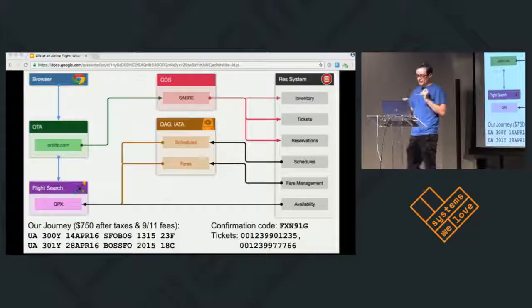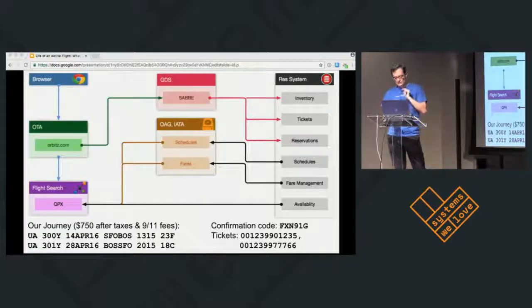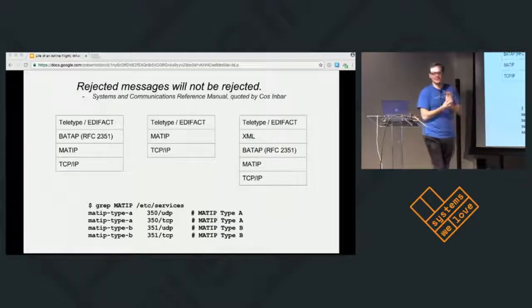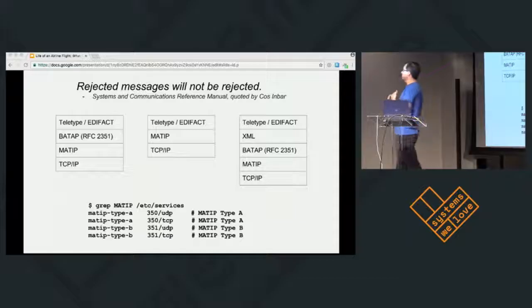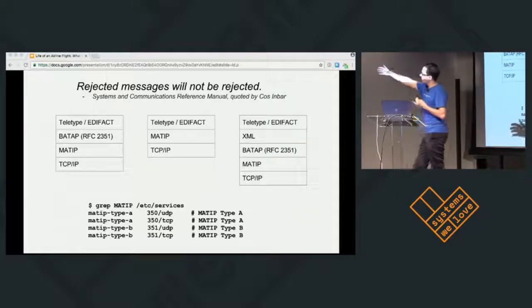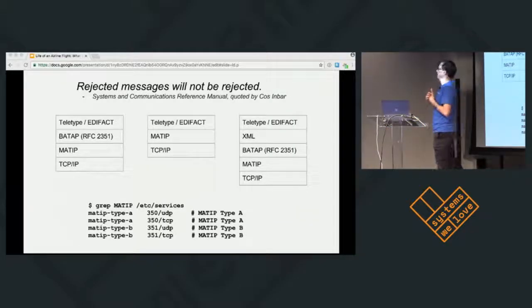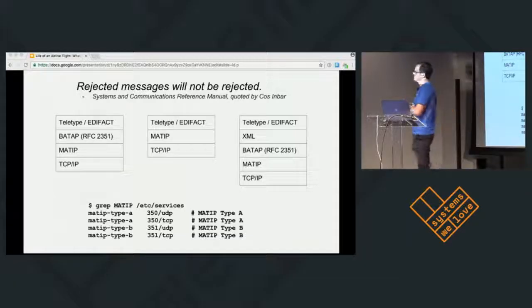Okay, before we get to the last few systems that you're gonna interact with, let's talk about how the systems communicate, because I think this is also a hilarious moment. Much thanks to my friend Kos, who quoted this: "Rejected messages will not be rejected." That is from a communications manual. Don't know where they go, but